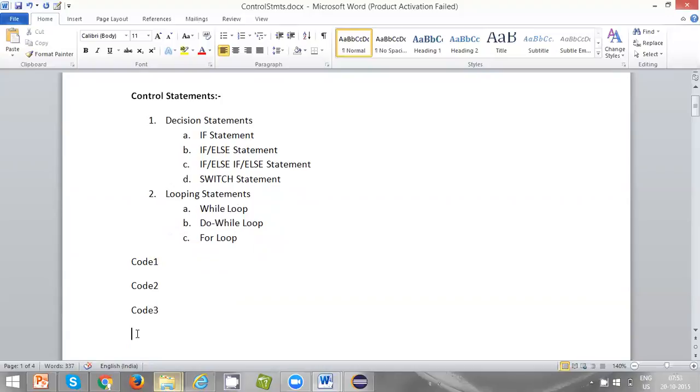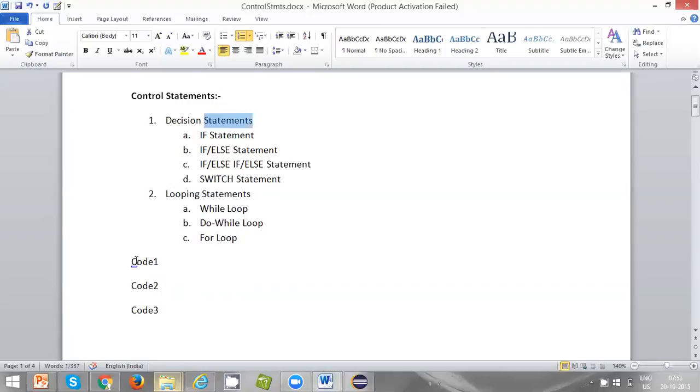Now sometimes you want to select code 1 and sometimes you want to select code 2, based on a decision, based on a condition. So in that case, when you want to select one set of statements over other statements, you have to apply decision statements.